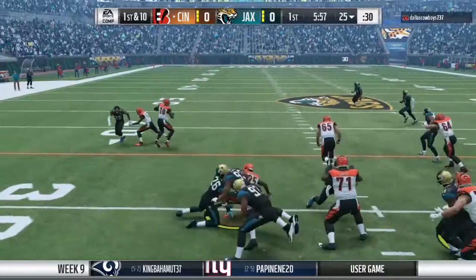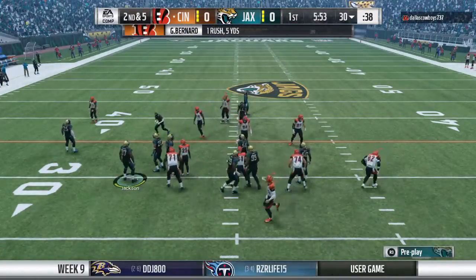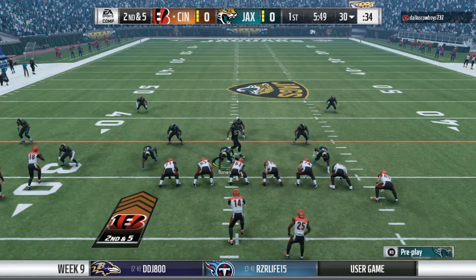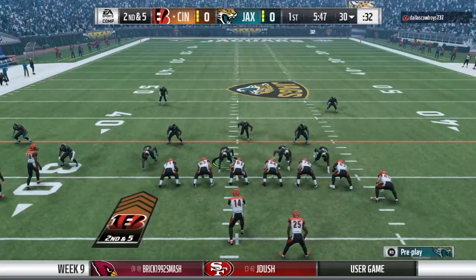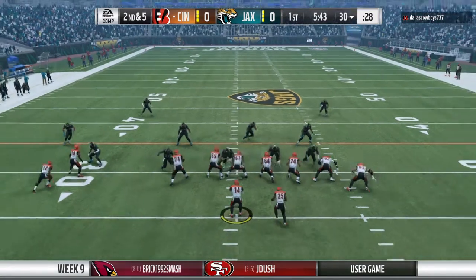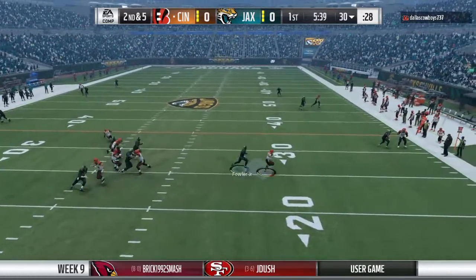Now a first carry for Giovani Bernard, and he'll go down right at the 30-yard line. 5 yards on the carry. Good pickup on first down. If you start assessing what went wrong last week, Charles, in their loss, it had nothing to do with the ground game. They ran it well. And you also have to say to yourself as a team, don't go away from what worked. That's not the reason the game...